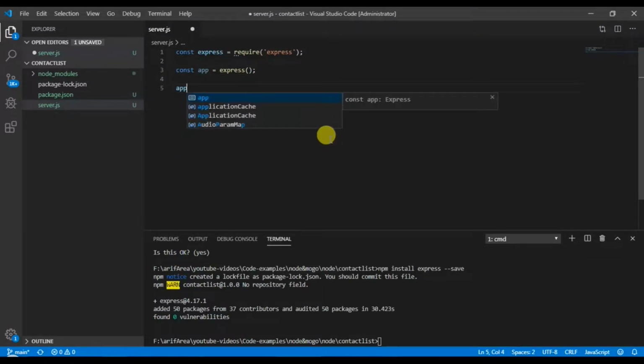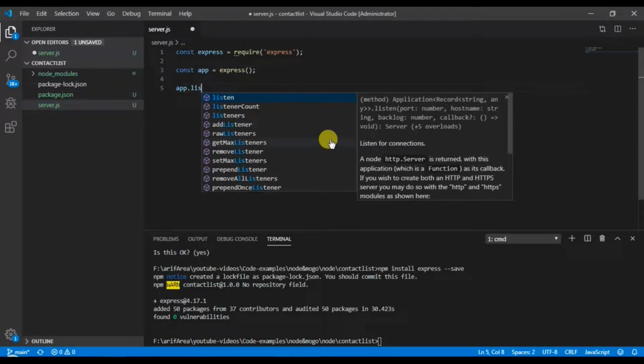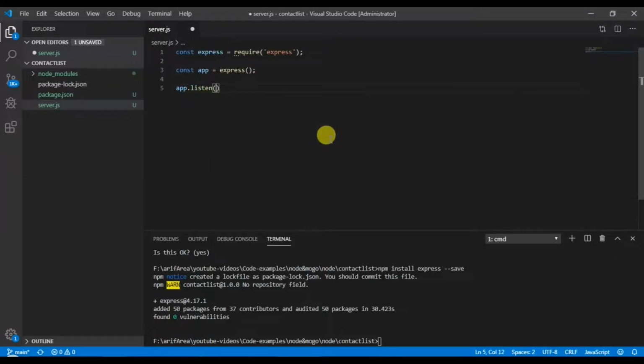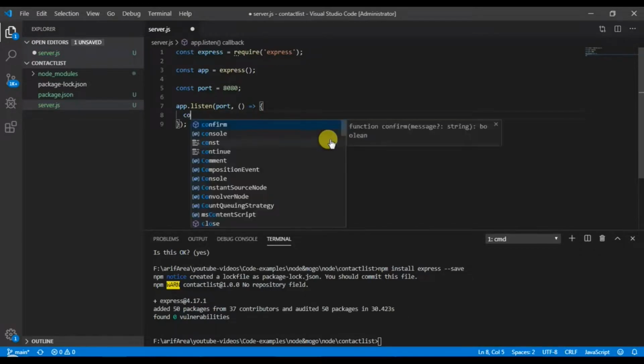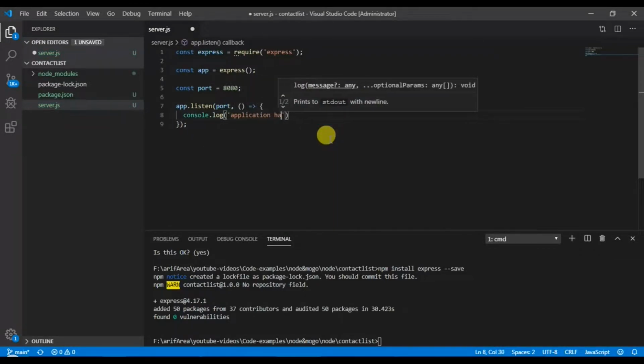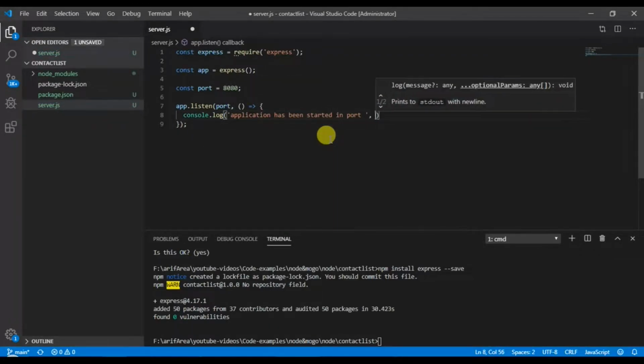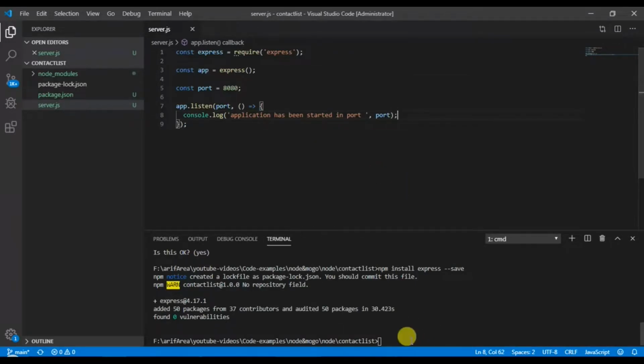To listen to the HTTP requests, we should use the listen method available in the Express module, which accepts the port number and the callback as arguments.